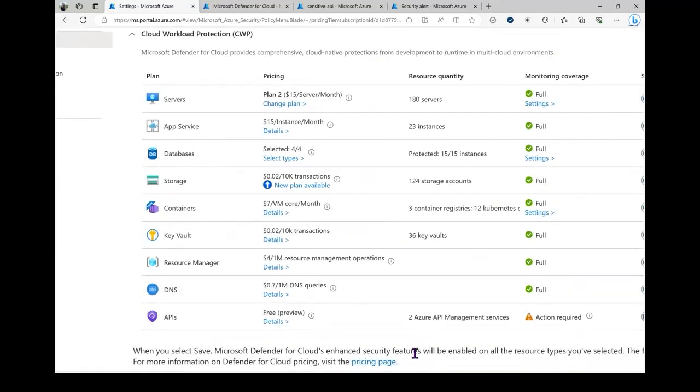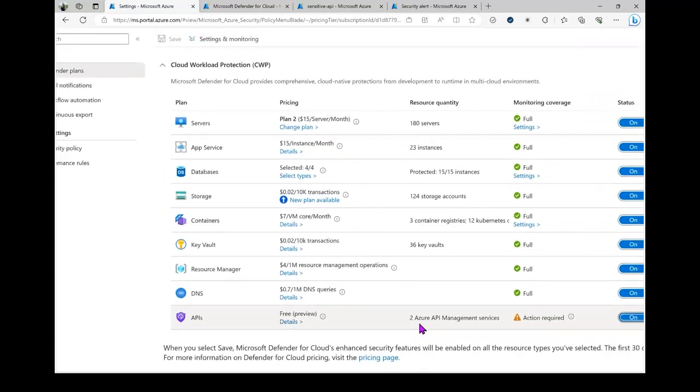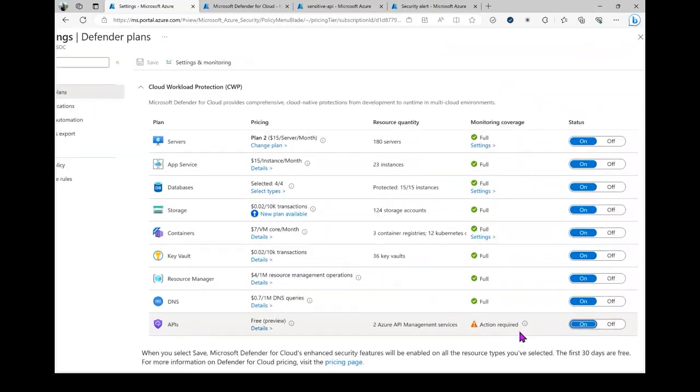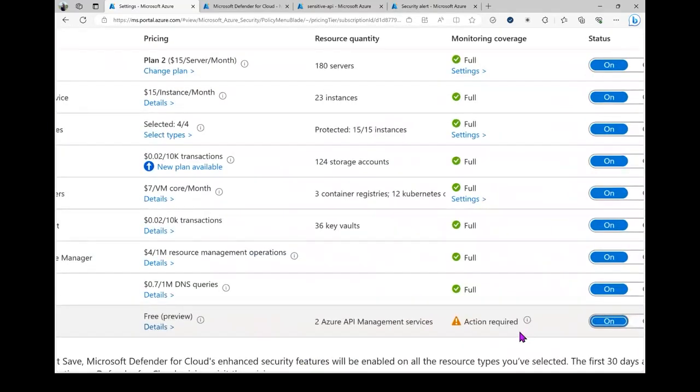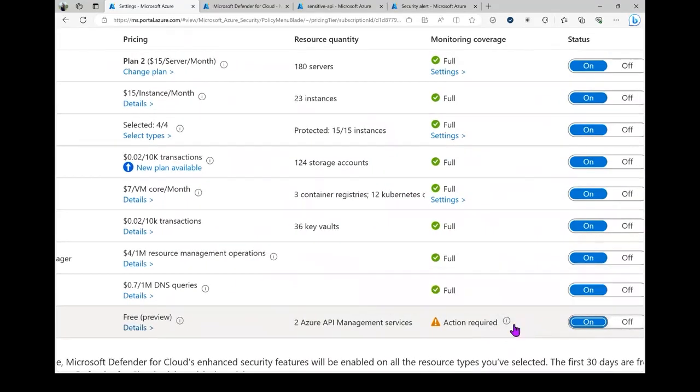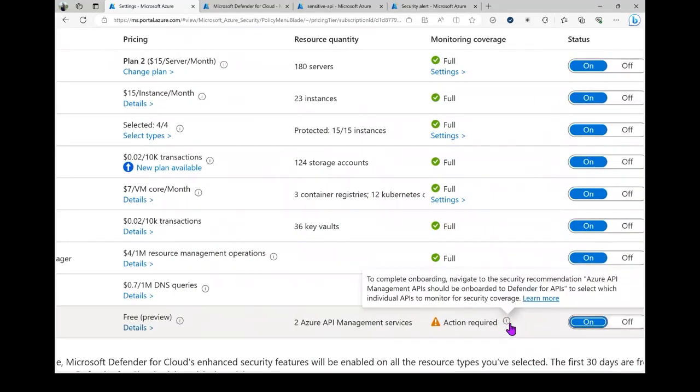The resource quantity here is going to be how many Azure API management services that I currently have in my environment. But even though this plan is on, I can see that there is an action required warning here. Here it's telling me that the onboarding isn't complete yet, and I need to navigate to a recommendation to onboard individual APIs over to Defender for APIs.